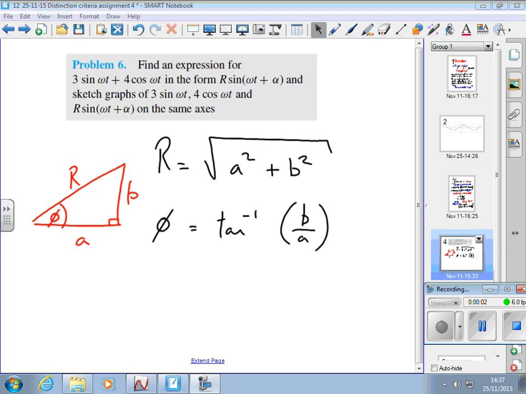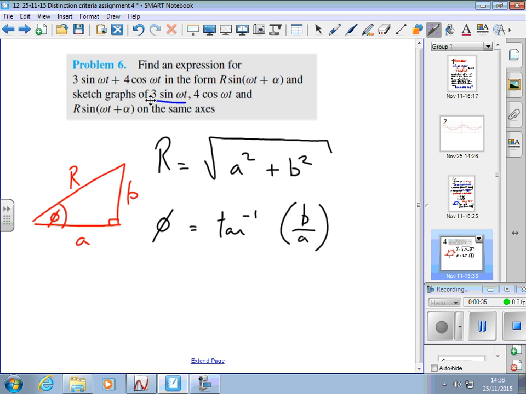So let's look at this example then, which is in the text if you wanted to find it. If you look at combining angles, I think it's called, or the compound angle formula, but it's around there. You'll see this problem in there, and they'll set out how they found it out, but it might be slightly different to this, so it might be worth looking at both. So we've got our two formulas to find r and phi, and we're given these two waves,